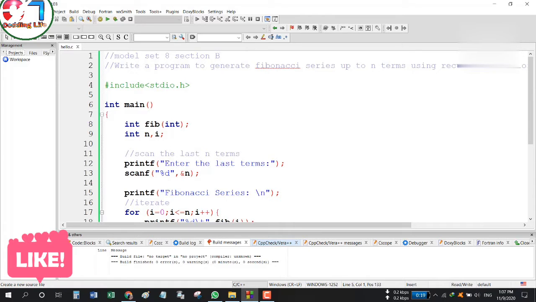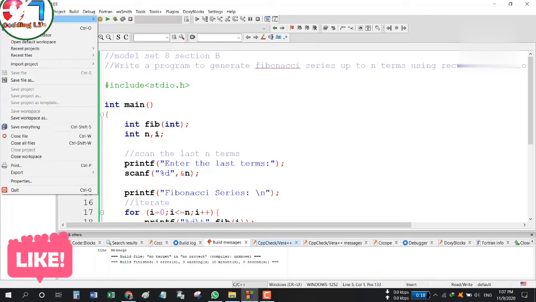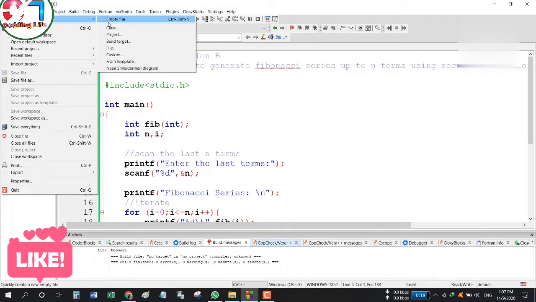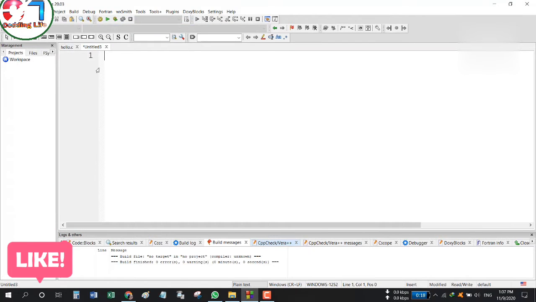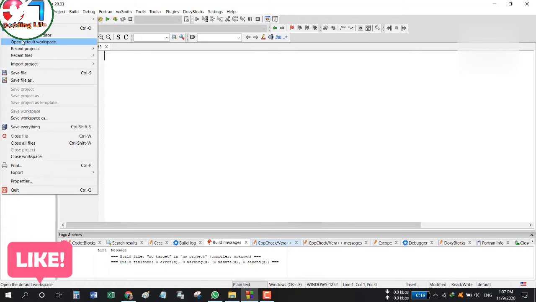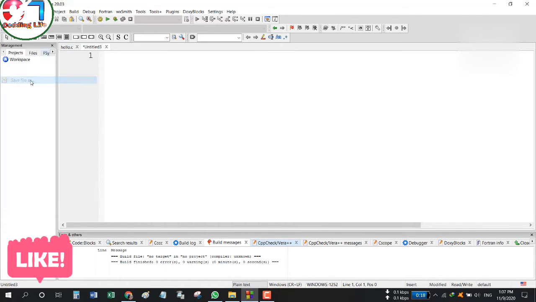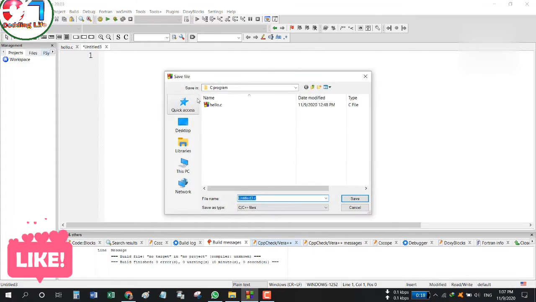When you open this IDE, there is nothing, so simply click on File and click on New. After coming to this new file, you first have to save it, and for this you have to click on Save file as, and choose your location.